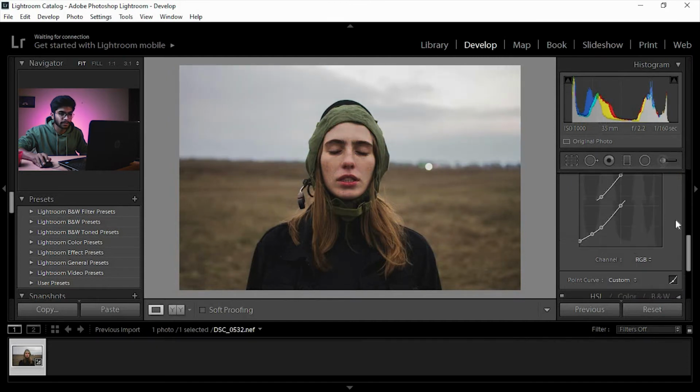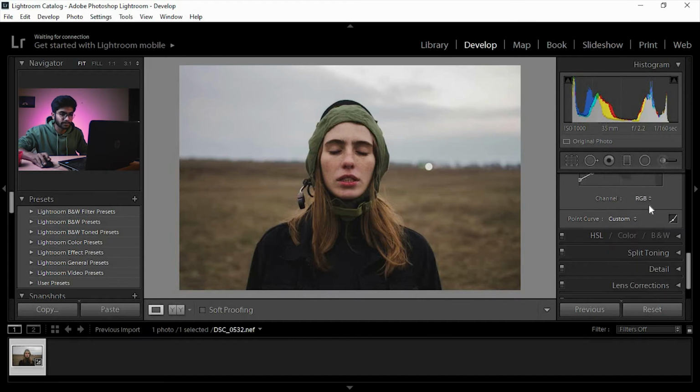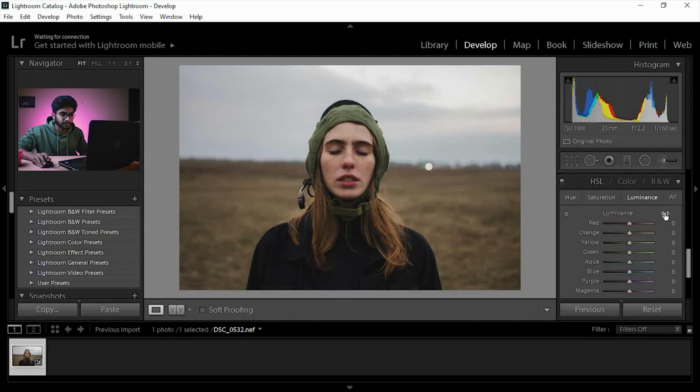Like this. You can also go for single colors, but let's keep that for another tutorial because that's really a big part. Now let's go to the HSL tab. HSL is, I think, a great tool if you want to manipulate your colors in highlights and shadows, and if you really want to give it a mood. Now let's go to hue. There will be 3 tabs. Let's go to hue now, and let's see what we get if we change orange.